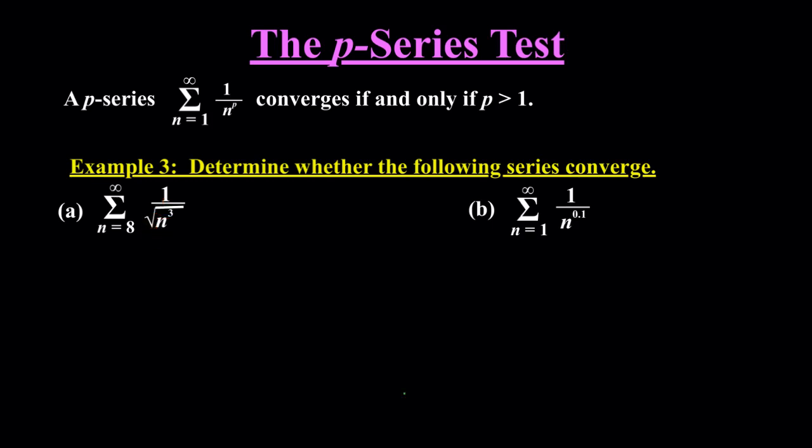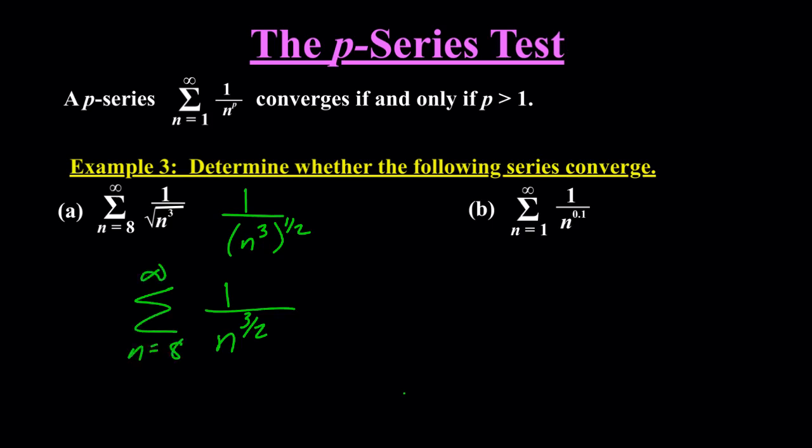Well, square root can be thought of as 1/2 power, which would be 1 over n raised to the 3/2 power. And since this is your p-value, since it is larger than 1, this series will converge